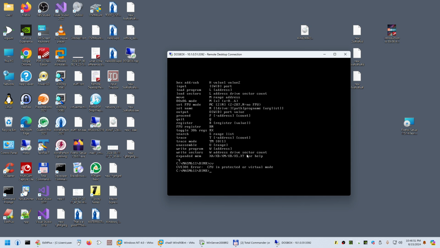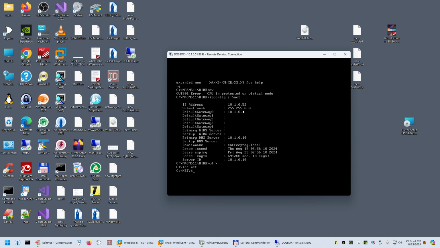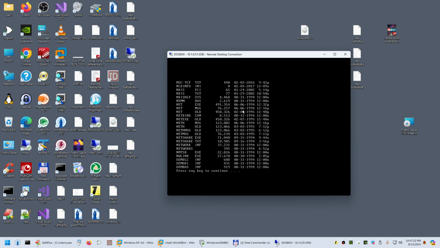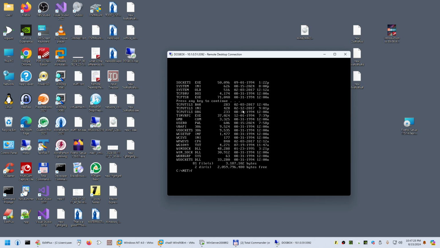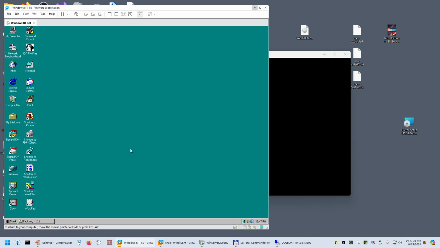But this has networking as well, so you can look at the networking stuff like this. You can see that it's just getting an IP address from my Windows Server installation, this IP address of 52. And there's this folder on FreeDOS called Network, and it has all the things you need to set up SMB networking. So what I've done is I've made a drive F, and then I've mapped that drive F to this